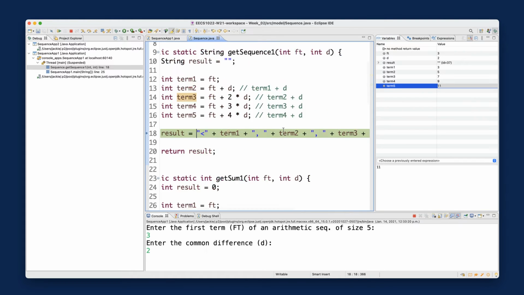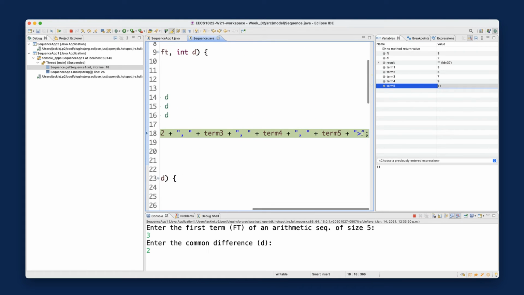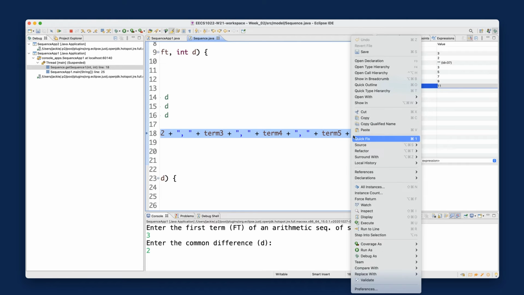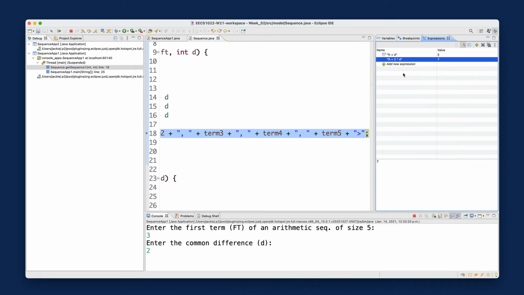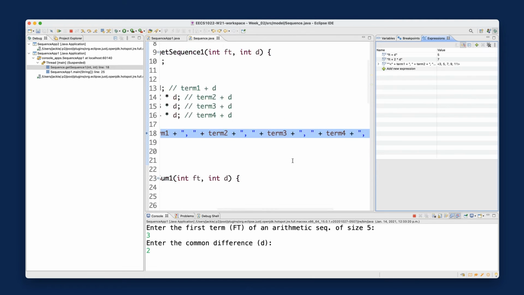Let me just copy this expression over here, the right hand side. Right click and then copy. Go to expressions over here. We can predict what's going to happen. Right click and paste. Enter. So that's the string value that we're going to assign to the left hand side over here, which is the